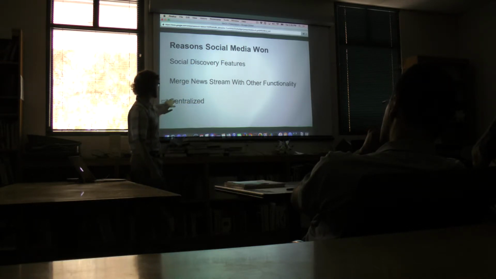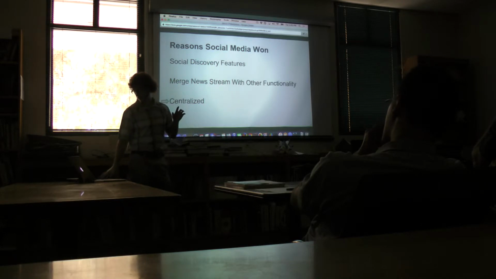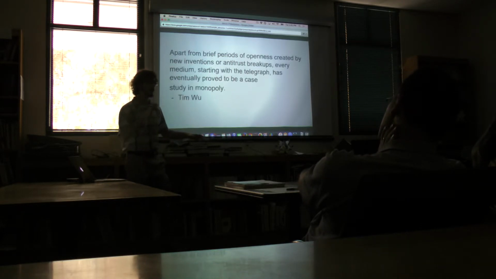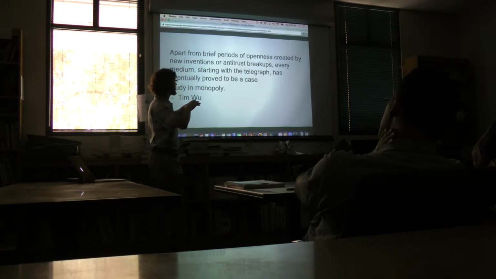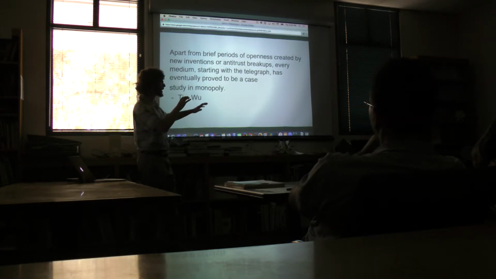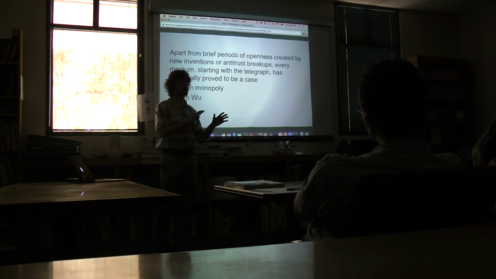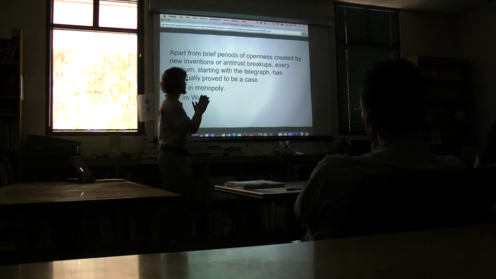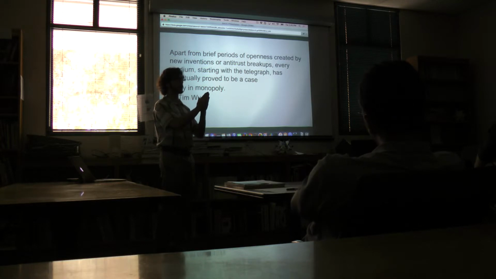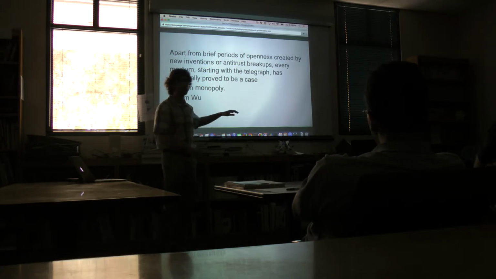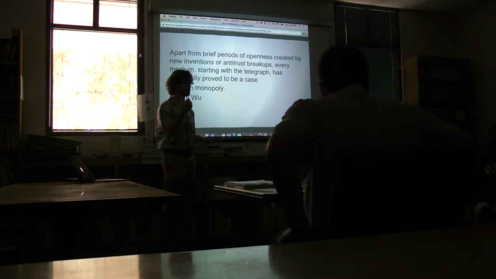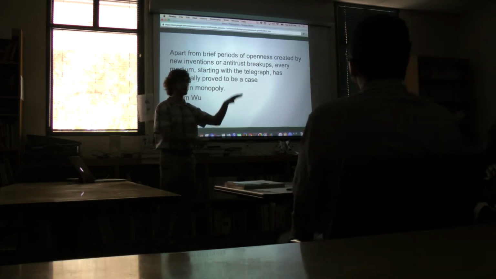And the last reason I think social media has displaced feed aggregators is that they're centralized. And this general trend is what I'd argue is an instance of a larger theory proposed by Tim Wu, which is that over time information networks become centralized because centralization implies various efficiencies that make those networks more powerful. So there's a natural trend to become a monopoly or an oligopoly, where you just have a few at the top. And he points to examples of how this happened in movies, where there was a time